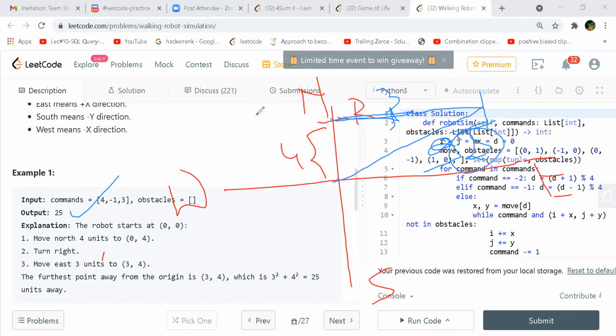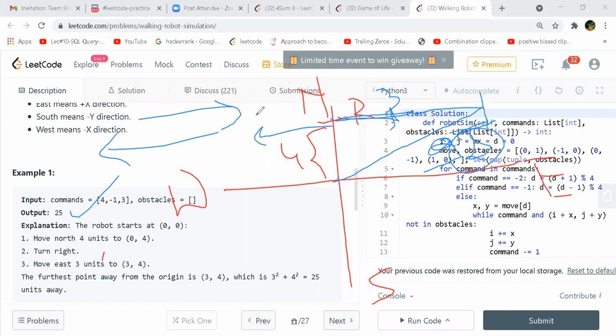Right. So the same thing you will have to do when you get -2, but in the reverse way. So -2 represents turning from the north position, if it was facing north initially at the 0, 0 location. If you get a -2, it is going to turn towards your first left side, which is going to be the west. So it means that you are going to decrement your x coordinate in that case. So it's just the reverse of what happens when you get -1. -1 is for this direction, -2 is for this direction, and wherever you are after that, you just move accordingly.